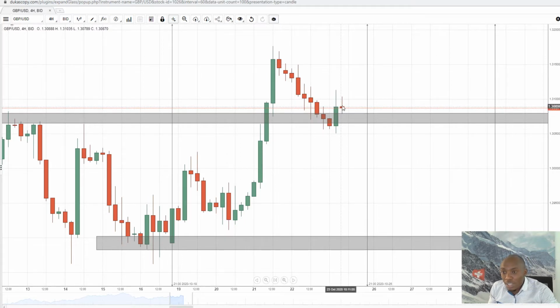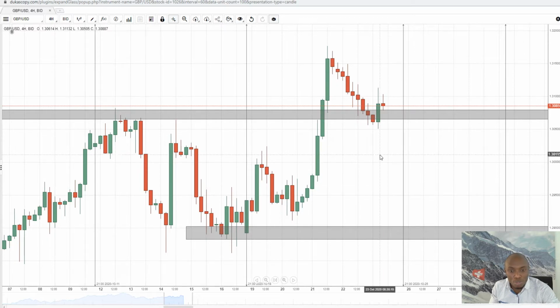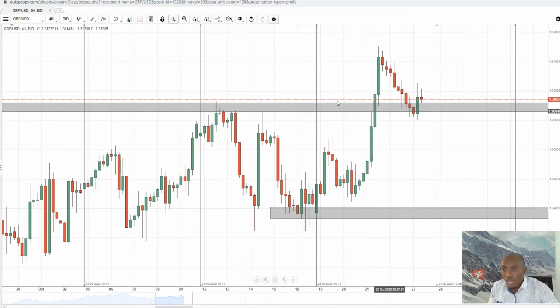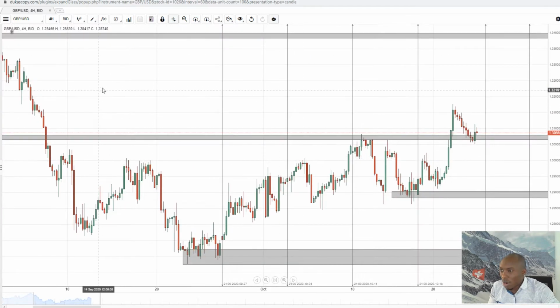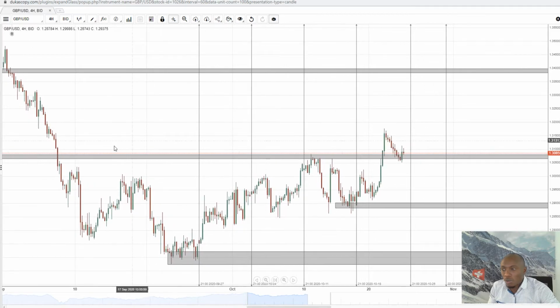When this current 4 hours candle starts breaking its own highs and testing these highs, then you can simply decide to go long. Because why? Because for 4 hours you already see support at this region, which I just marked right now. That is support. So it's kind of beautiful the way the setup looks. The British pound USD is going to go long. And that is it for the 4 hours. And if we look again,